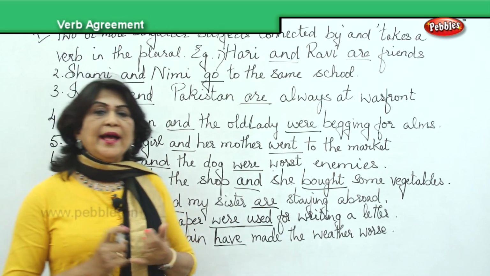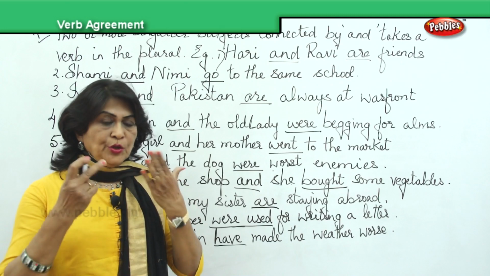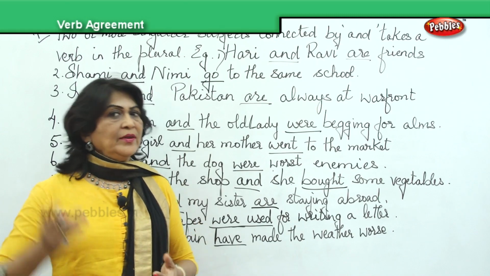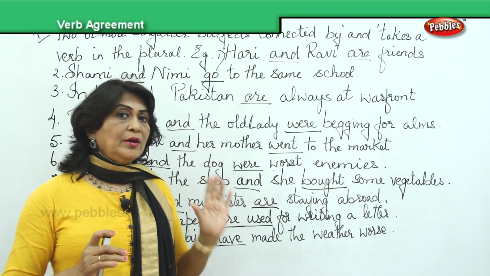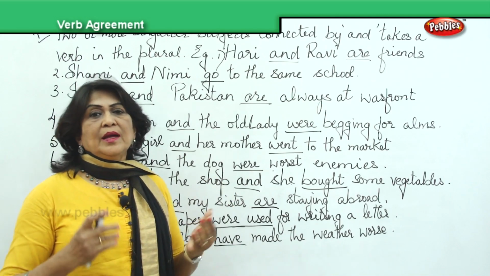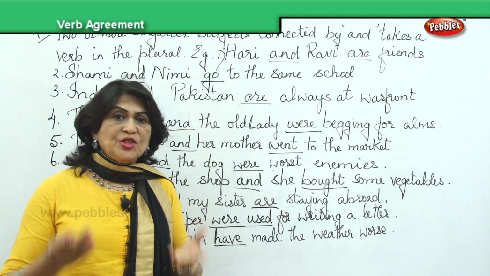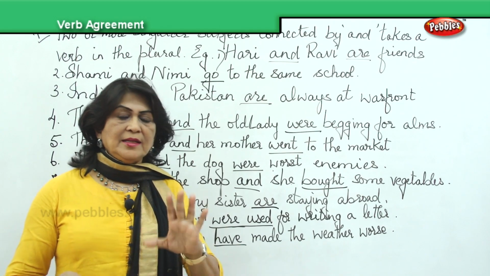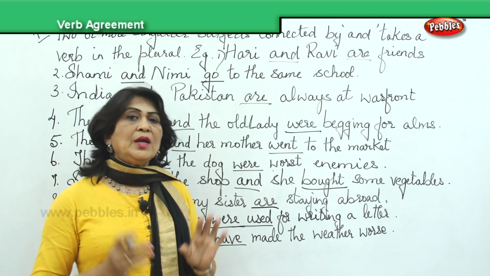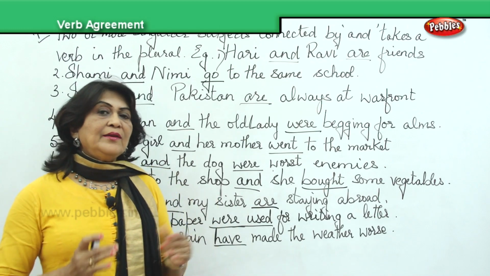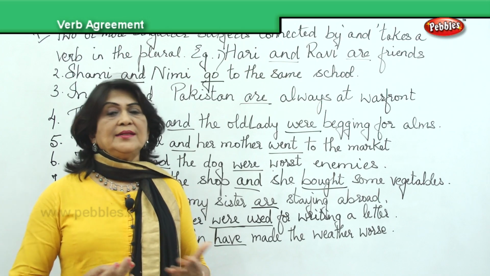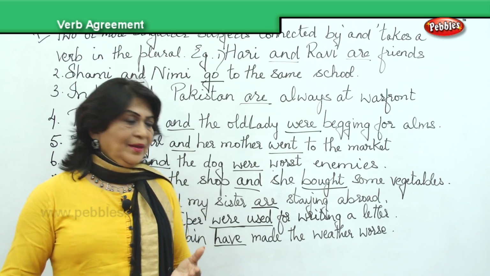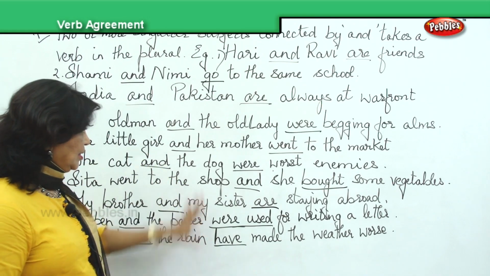When do we use have? I have, you have, we have, they have. When do we use has? All these are for present tense. We use he has, she has, it has. That is for third person singular alone, we use has. And when I talk about myself, that is first person singular, I say I am. Okay? So this is how it is used.